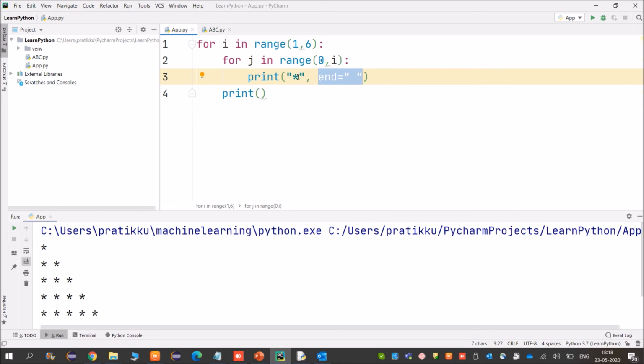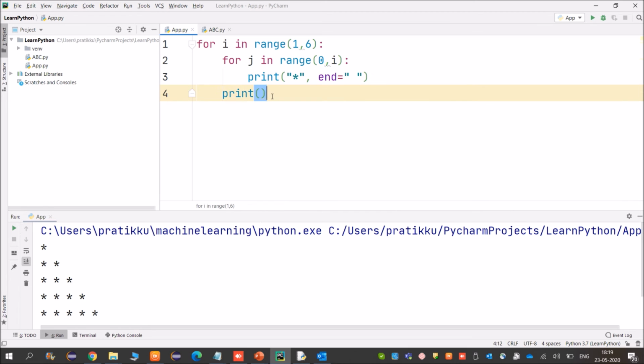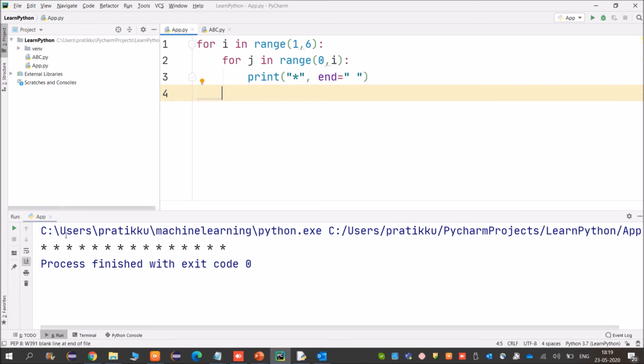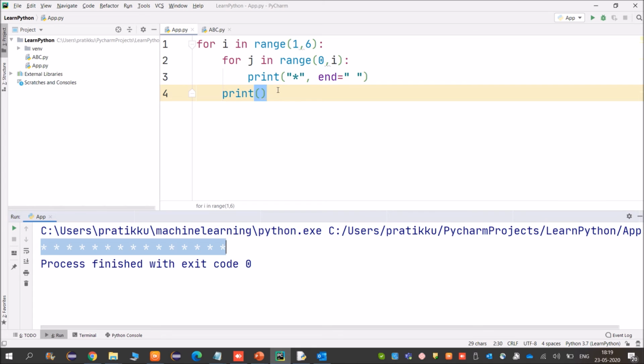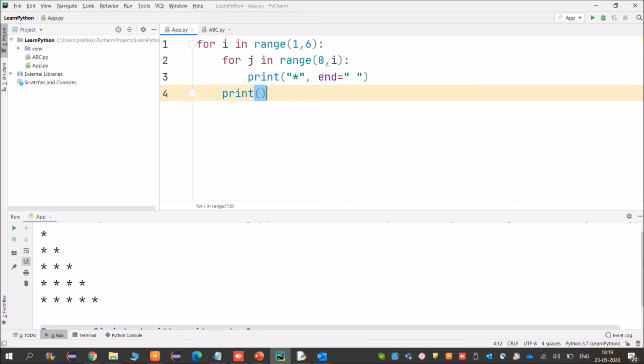So, okay, if we do not end, then you can see how your output will be. Now friends, this is nothing but your outer statement. Now what is the use of that? I will remove it and then I will show you. Now friends, if you run, then you can see how it is printed. It has not given any new line. So friends, the print statement, whatever we had here, was giving a new line for us. So when this statement is not there, you can see everything is on one line. So friends, this outer statement is also required so that you will get your output in the proper pattern.